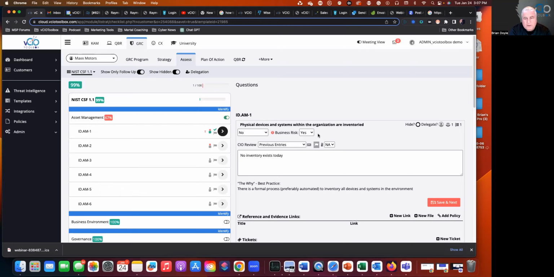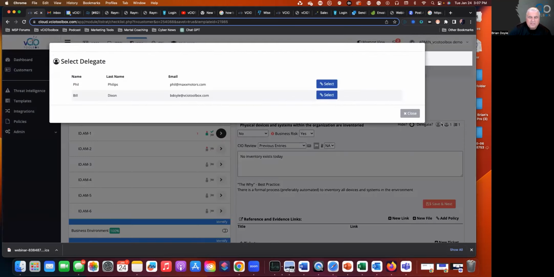So if you're working with a customer and their software vendor or some other provider needs to be part of the assessment process, you can delegate questions out to them as well. How we go about doing that is right here. You'll notice that we have this new delegate button over here in our right side commands within the question box. If I click on the person icon, I now see that I've got a couple different people I can